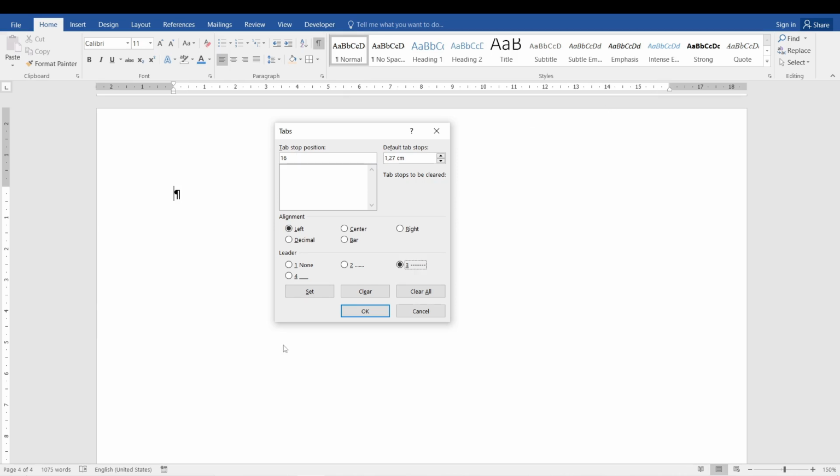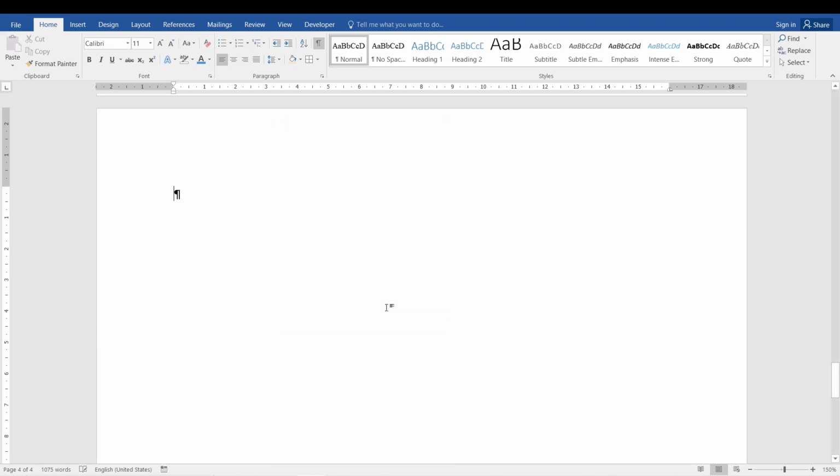So 16 would be the stop position. After you write your stop position, like I did mine to be 16 centimeters, then press set. Okay, and then we press OK. Now you see there's a small L-shaped tab stop or tab position at the end. So what would happen right now is if you press tab, after let me just write introduction. Now I press tab, and you see a dashed line appears,